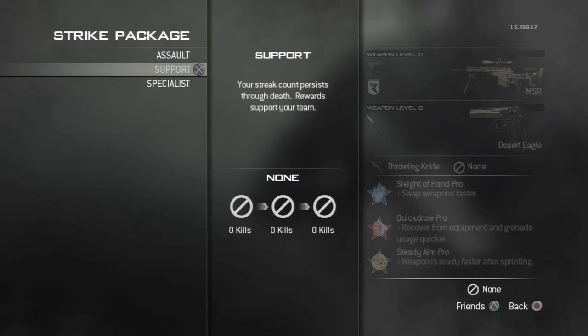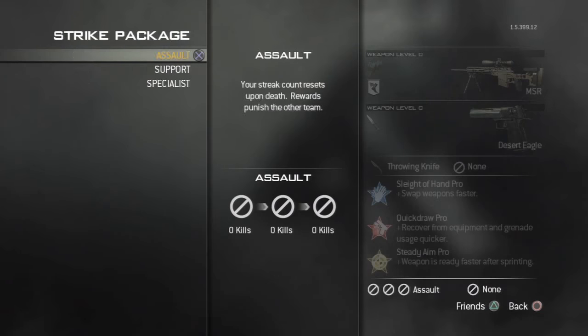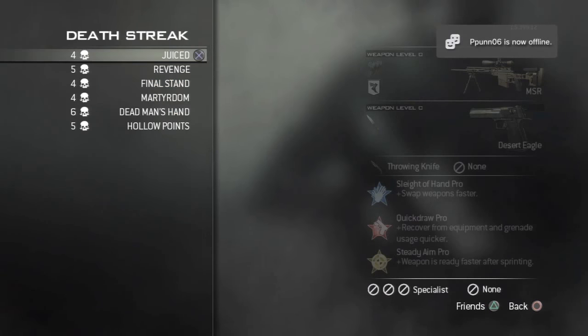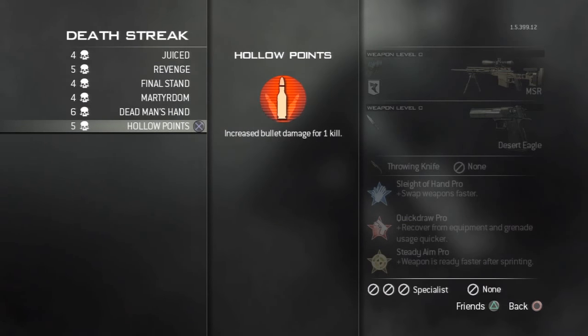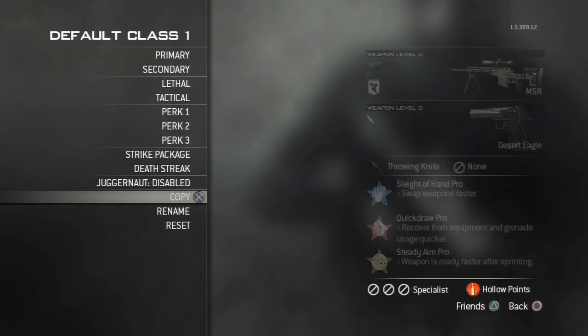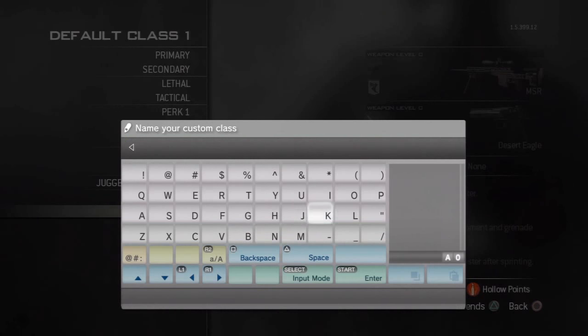Strike package, I'm not going to set any of these because you really don't want any kill streaks. I disabled them anyway, so I just leave that blank. Death streak, the only one that I'll allow is Hollow Points. Anything else, that's just my personal preference. But Juggernaut disabled, and then I could rename it to, I don't know,